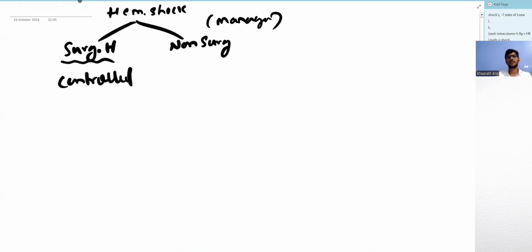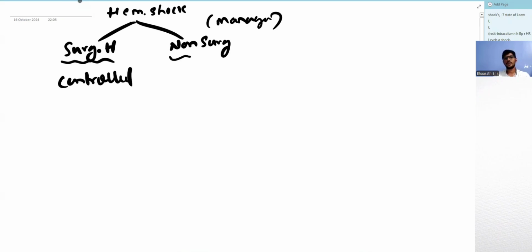For example, you see an artery which is cut, you can ligate the artery or you can reanastomose the artery. So you see there is a hemothorax, you put an ICD drain. So if there is a bleed in the EDH or SDH, you drain them. So all these are the maneuvers by which you can surgically control the hemorrhage. Or, for example, if there's a splenic bleed, you do a splenectomy, you are controlling them.